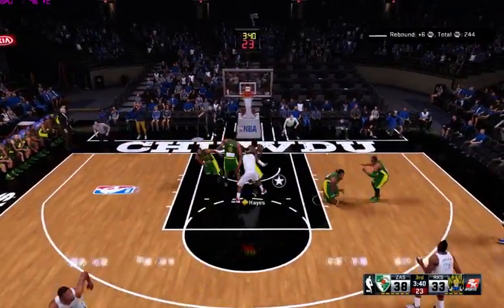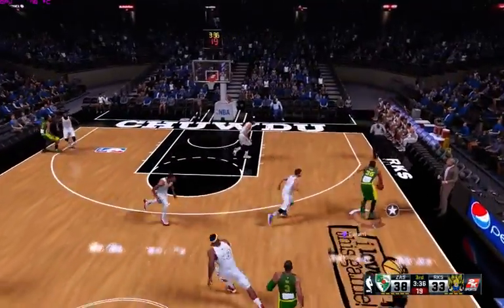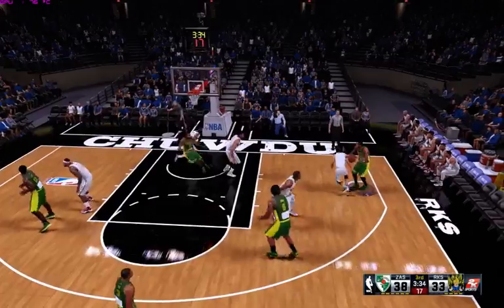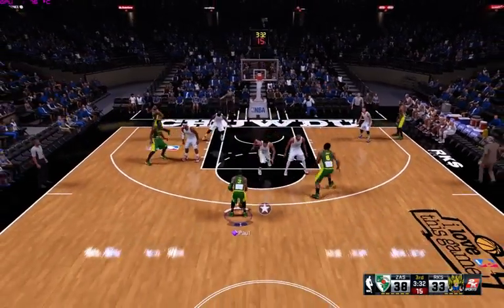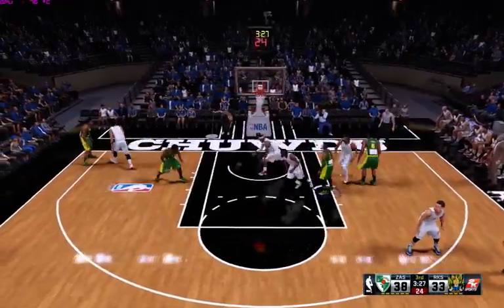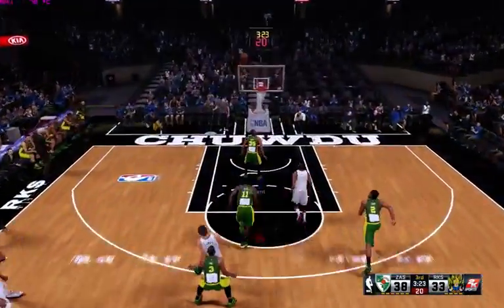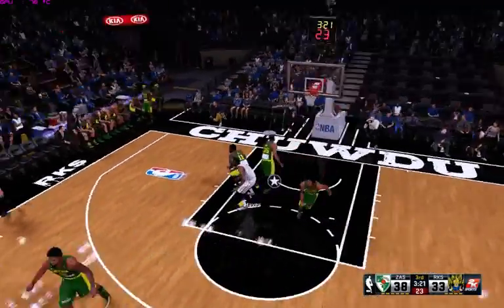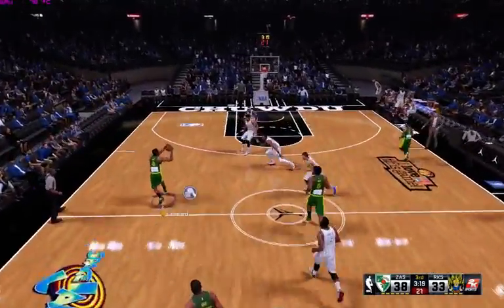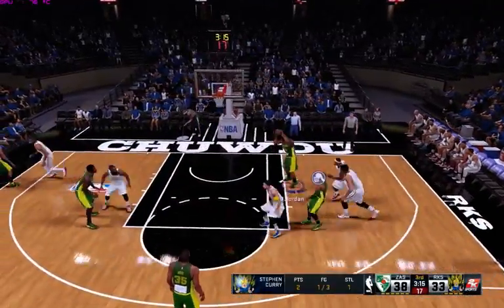Here's James. Used the shot fake to create the angle, but couldn't get it to fall. And it's Jordan that's out the key. Paul goes in. Pass to Leonard. And stolen by LeBron. And here we go. Washington fast break. Curry can't get it to go. 1 for 4 from the field since halftime. They're having a tough time getting it going here.